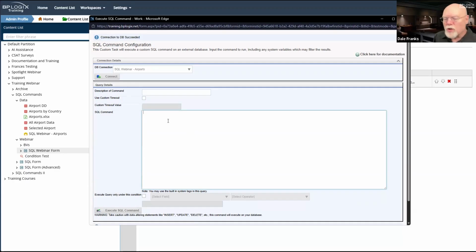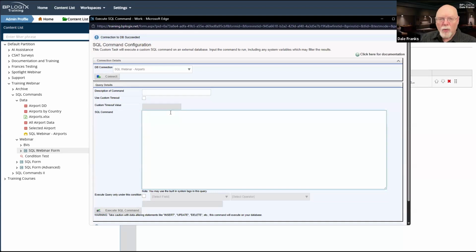So that's the Process Director side of how we're going to do it. And the reason why we're doing it this way through the SQL command custom task is because it gives you full control over where and when the SQL that we're going to put in here to change the data in our database, since this will be an update command, I now have full control over it as the designer. If I want to change airport data, the only place I can change it now is on this form when I invoke this specific custom task to run the SQL command.